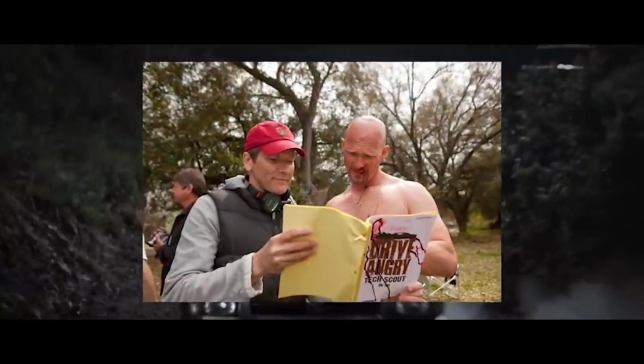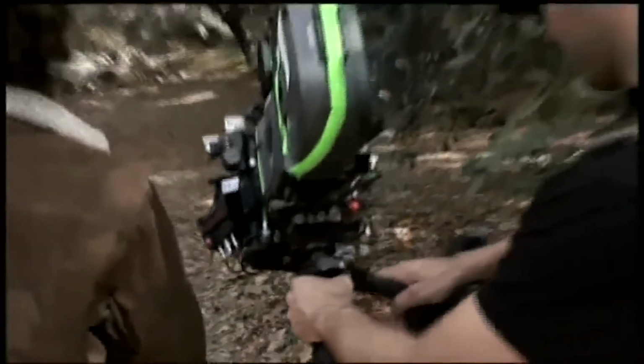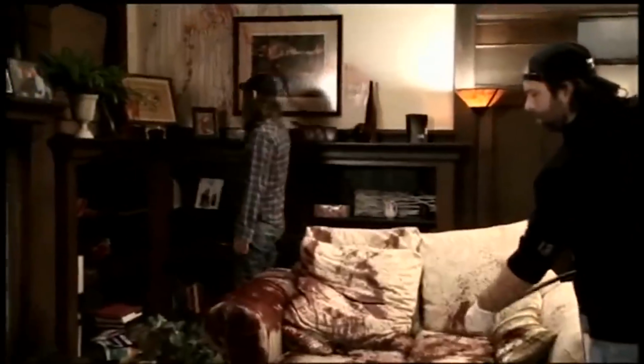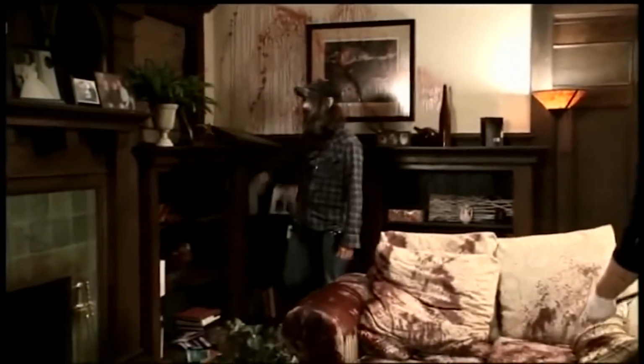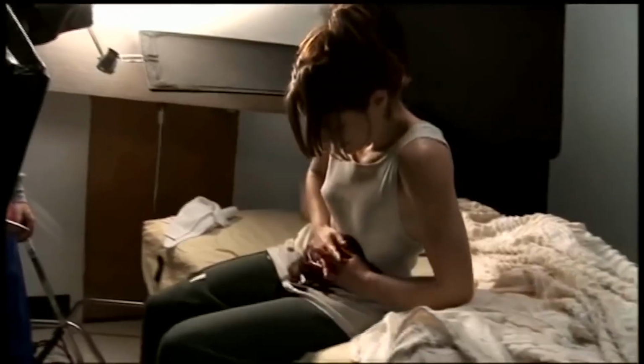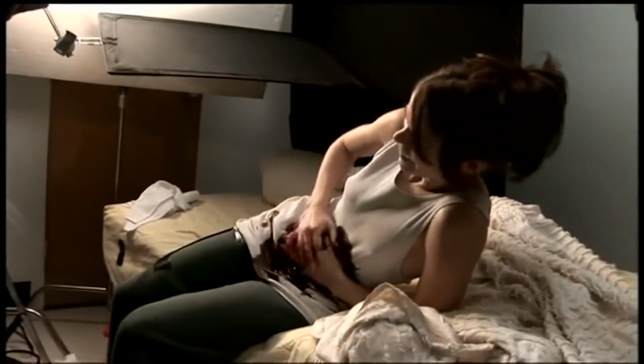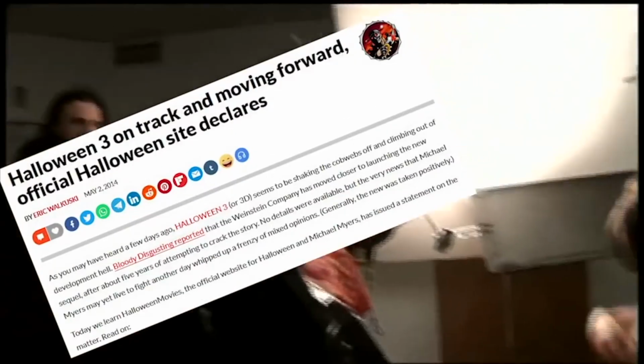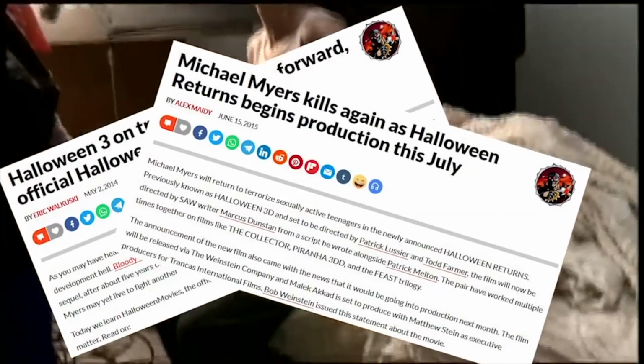And after the success of their own 3D remake, My Bloody Valentine 3D, Todd Farmer and Patrick Lussier were commissioned to script the film and turn in a draft in only 8 days. As production began, however, the studio shut everything down after feeling the entire thing was being rushed. Or because the company ran out of money, whichever you choose to believe. This is as far as Halloween 3D would go. Starting in 2009, the film would be teased and talked about, with release dates of 2012 and 2014 being discussed, until it eventually just disappeared.